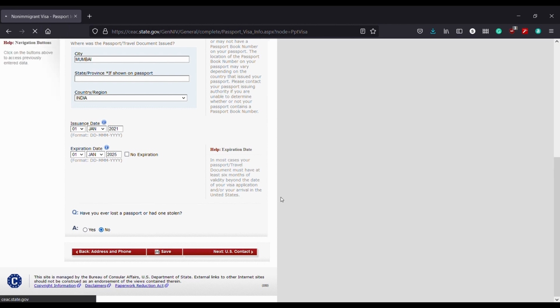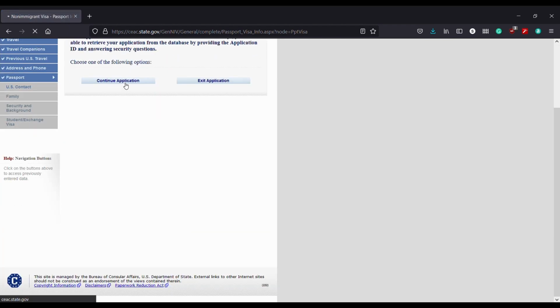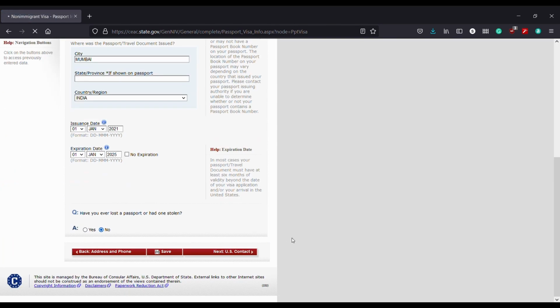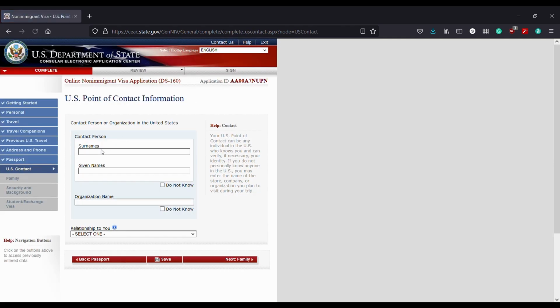Now we move on to the next section, which is the US point of contact. Usually what I have noticed is that people fill out the contact details given on the I-20 for the school and mark the organization name and relationship for the school and school official.